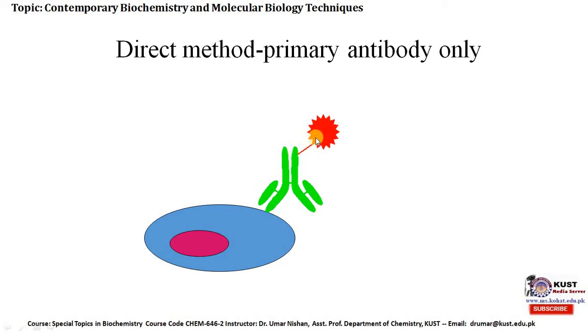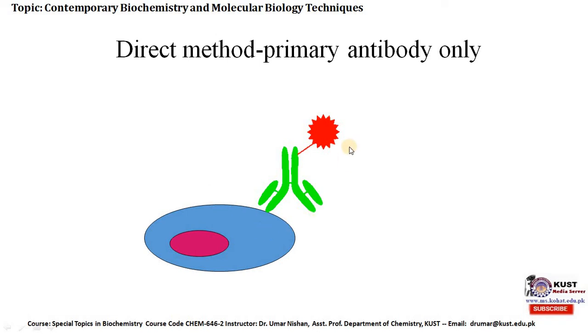The fluorescent material or the chromogen is attached directly to the primary antibody, and once the primary antibody attaches to the antigen, and we complete the whole protocol of immunohistochemistry,